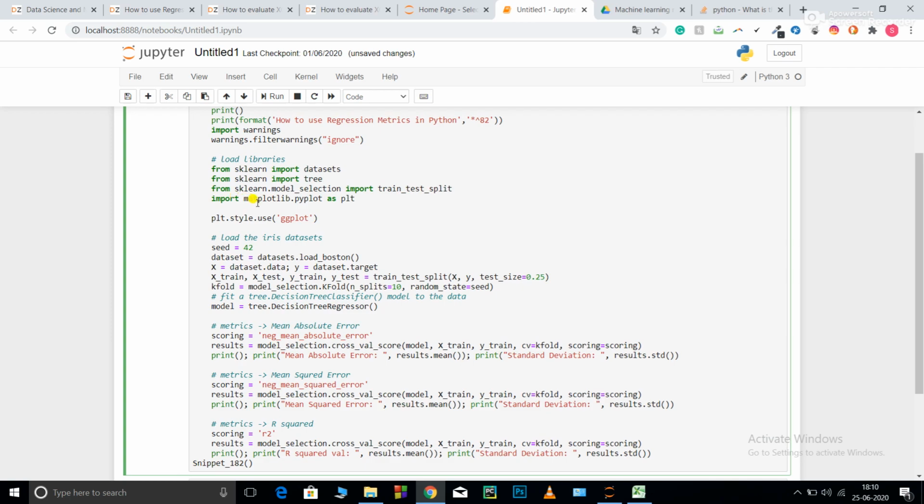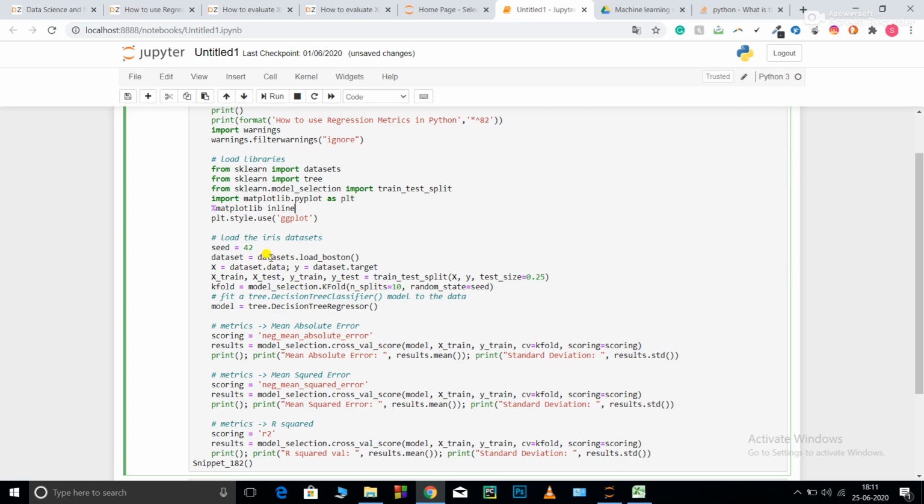From matplotlib.pyplot, I would be using plt. Now I have written matplotlib inline so that it plots the graph in this Jupyter notebook.